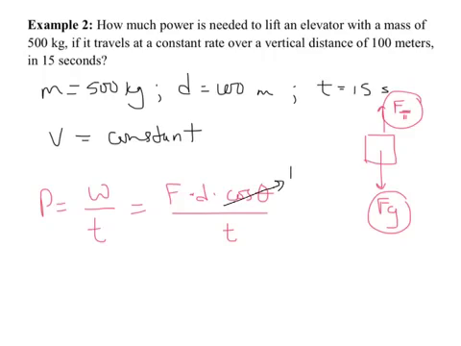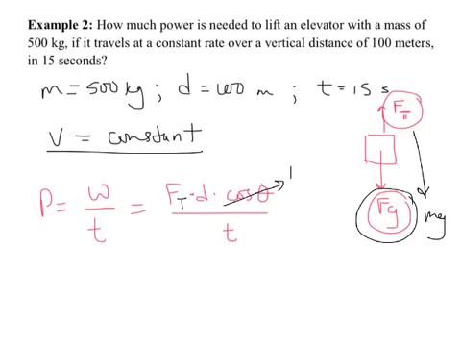But the force is the force of tension in the rope, what's pulling upward. But remember that the force of tension is equal to the weight in this problem because we're in equilibrium because it's constant velocity. Therefore, the weight is mg, so Ft is really just mg. So this becomes mg for the Ft times the distance traveled over the time period. We know all of these quantities, we can plug in m